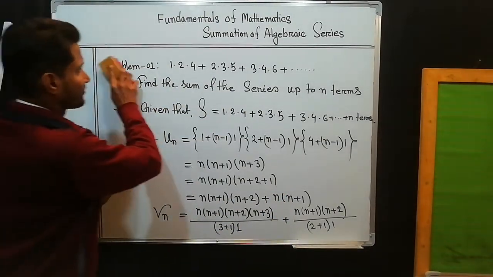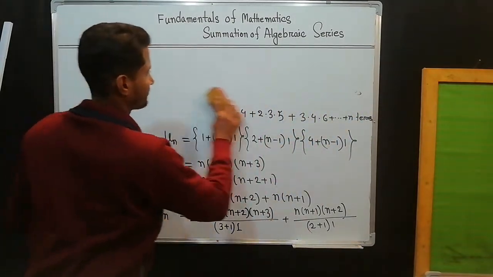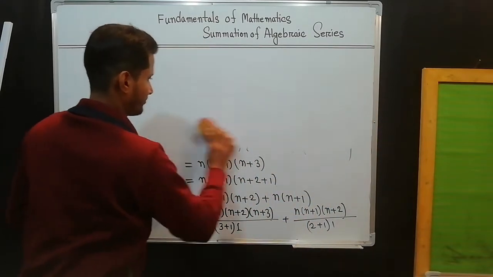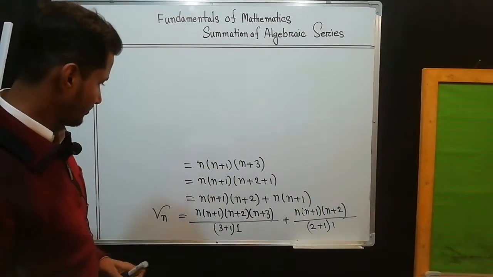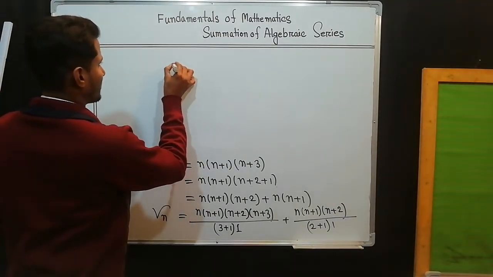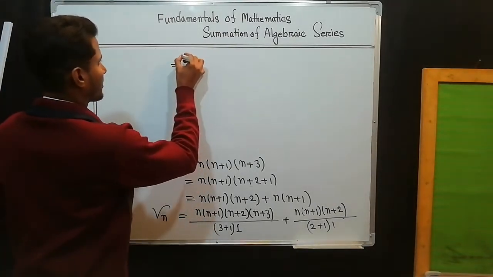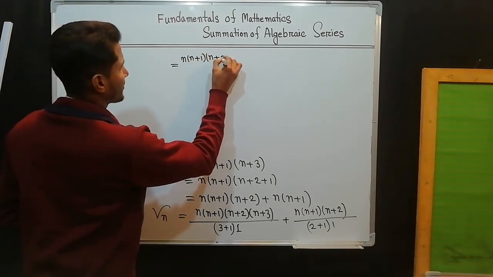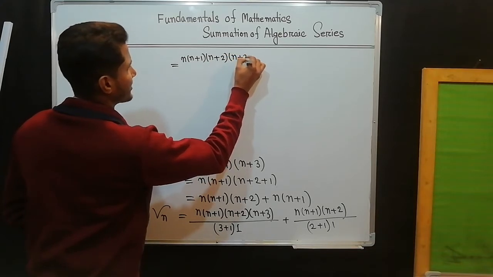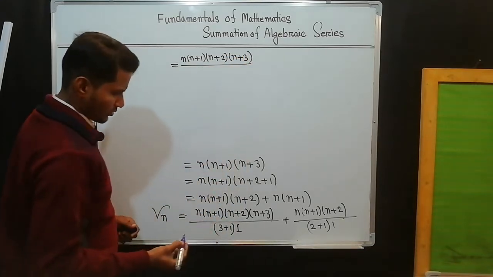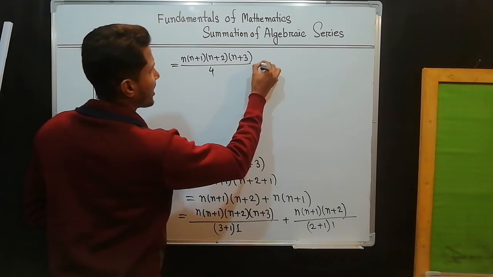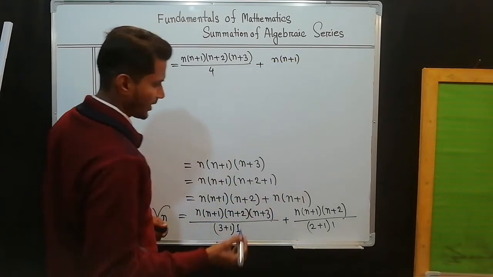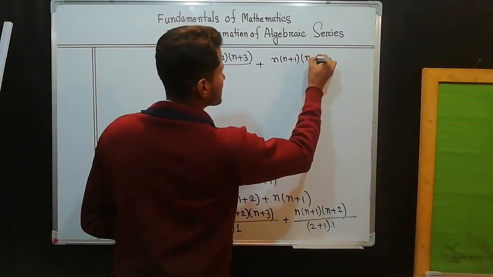After that we write n into (n plus 1) into (n plus 2) into (n plus 3), divided by 4, plus n into (n plus 1) into (n plus 2)